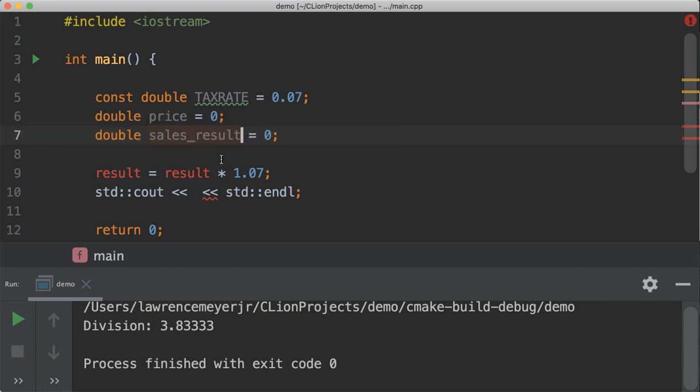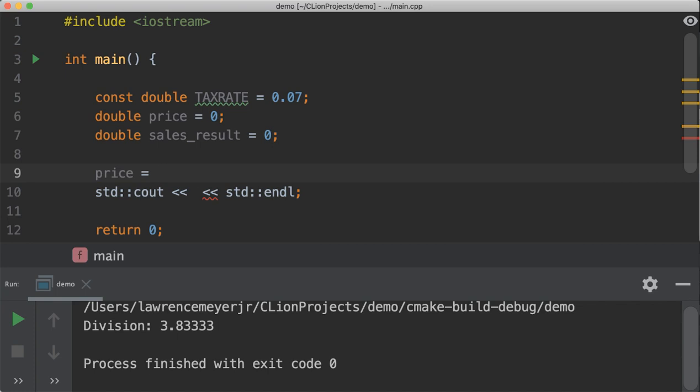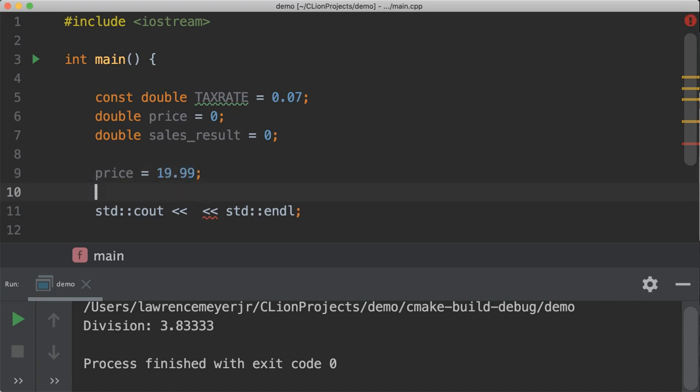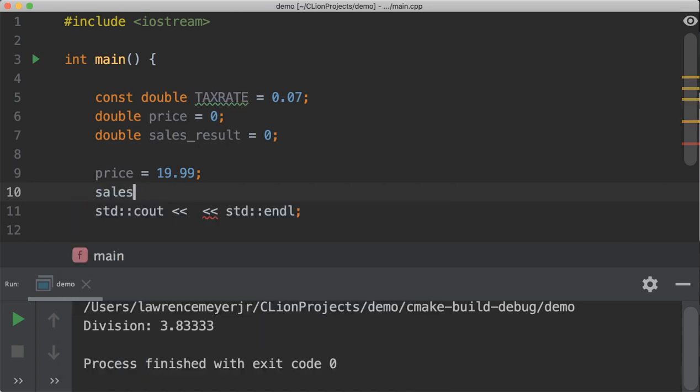There we go. So now we've got tax rate, price, and sales result. So if we wanted to have the sales result, we need to give ourselves a price. And $19.99 special price. So our sales result, or the subtotal as you might want to call it, is going to be equal to the price